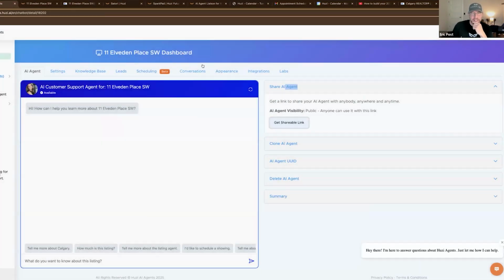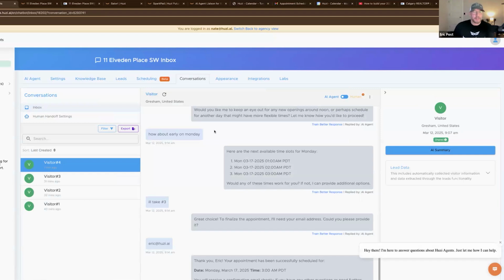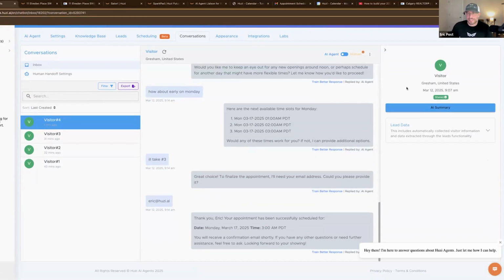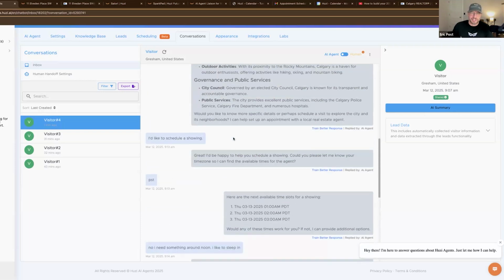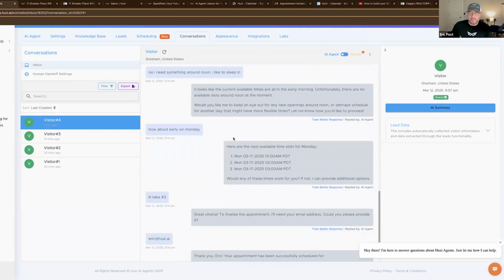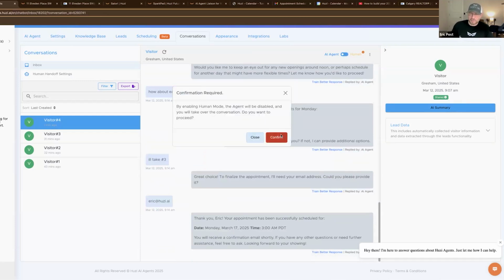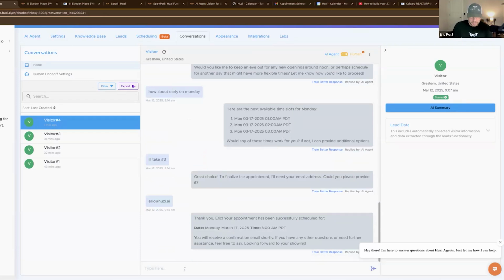Now let's go back to the bot. As you're logging into your dashboard, don't forget that you can see all of the conversations that your AI agent is having with everybody. And if at any point they are chatting here, and let's say you were looking and you were like, "Oh my gosh, hi Eric, this is Crystal."